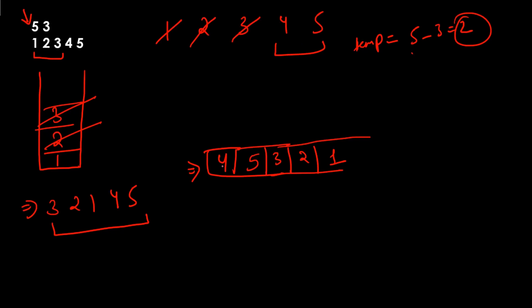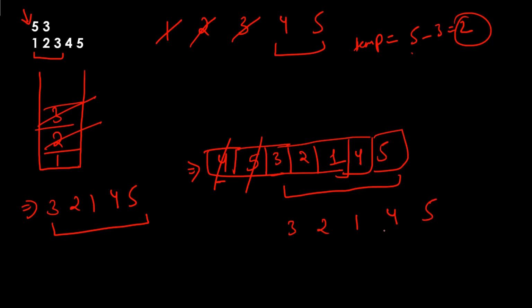What we are going to do is, we are going to add the element that is present in the front of the q, as of now that is 4, to the back of the q and remove it. Now we have 5. Add it to the back of the q and remove it. So 3, 2, 1, 4, 5. So this is now our updated q, and that's what our output is. That's what we are actually looking for, right?